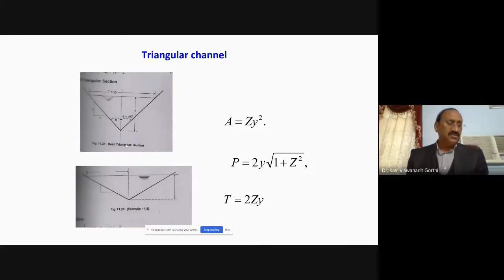Okay, so this is for the triangular channel section. Wetted area zy square, wetted perimeter 2 into root 1 plus z square, and the top width T will be equal to 2 into zy. We stop at this point, and if you have any